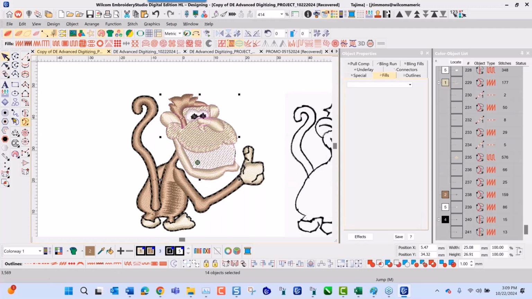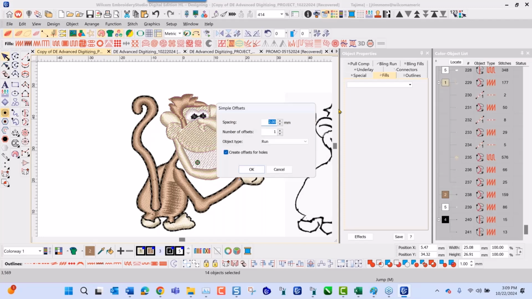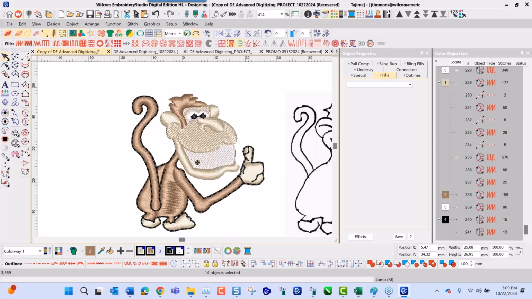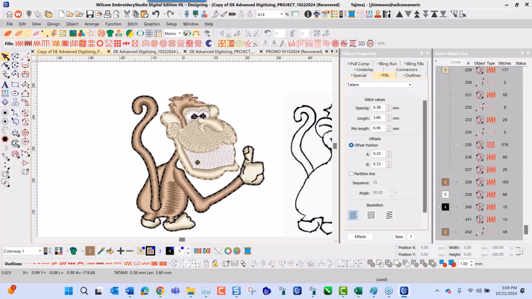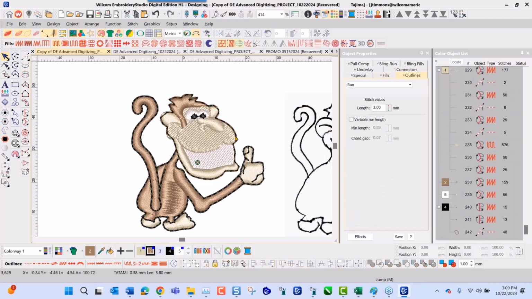And I'll navigate here to the simple offset tool again. This should be at 0. For my spacing, I want to use a running stitch. I'm going to click OK like this. I'll navigate to my pick tool and change that color to black, making sure again that my variable run is turned on. As I click save,